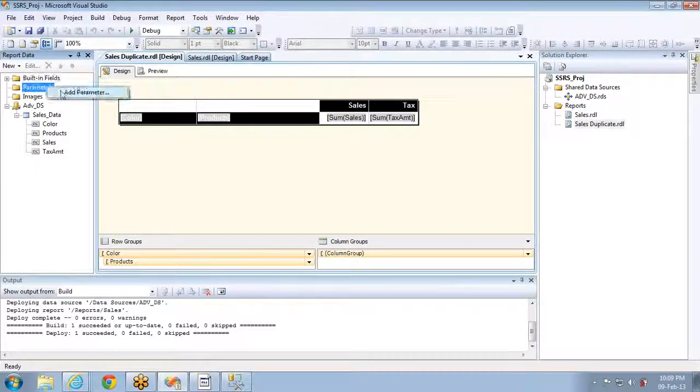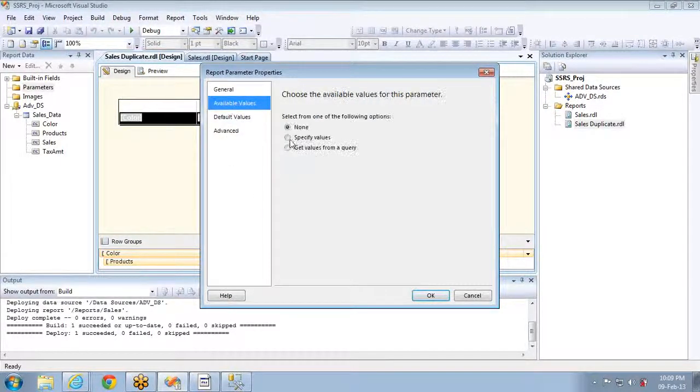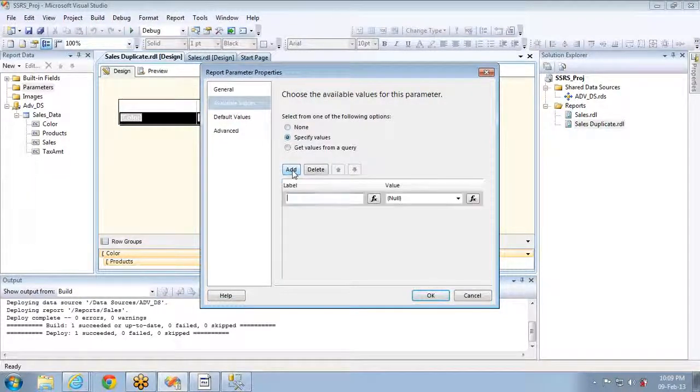I will add a parameter, let's say color param, and I'll name it color prompt, and I'll specify some available values, that is black, blue. Let me give only 2.